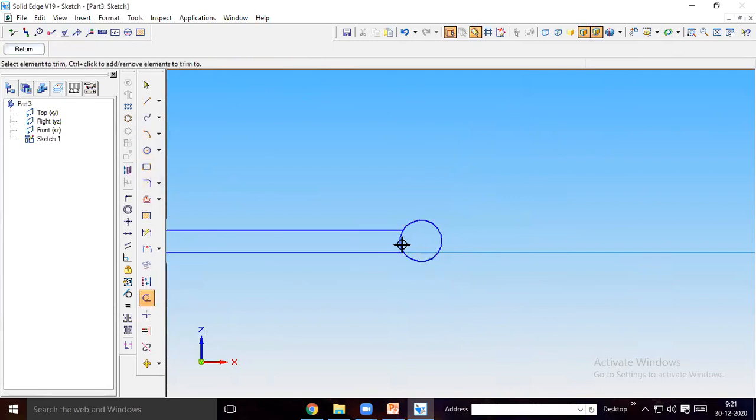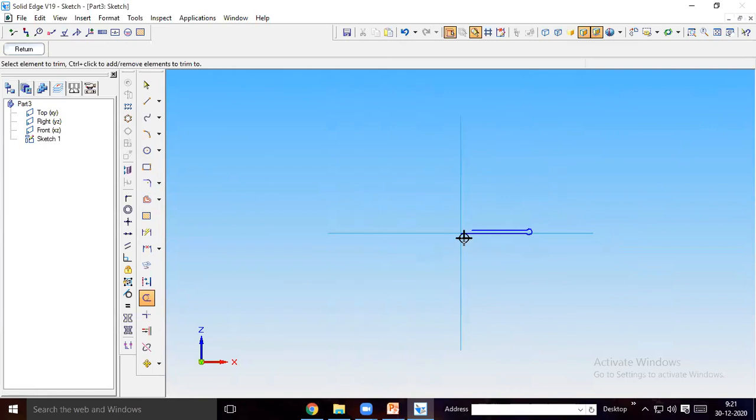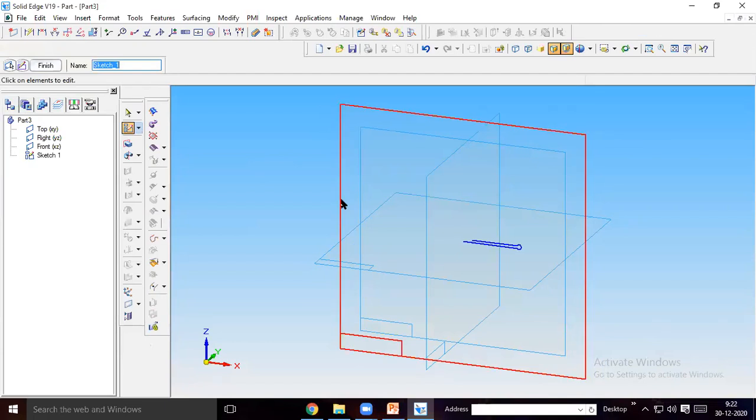So you have to create a profile like this. Is it clear? What I did is first draw a 30 mm line, then from the right side end draw a 25 mm line, 1.5 mm apart. Then at the end you draw the circle so that it touches both ends. I drew the sketch here, then just the return option.